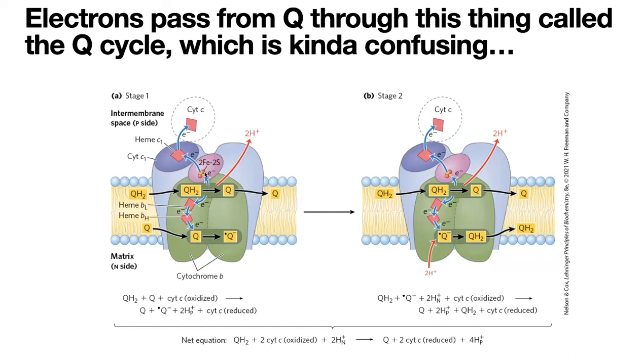So it's going to pass 1 electron to cytochrome C. It doesn't pass it directly to cytochrome C. Instead, it goes through an iron sulfur center, but then it'll go to cytochrome C, and then cytochrome C can move away and take it off to complex 4. But we still have that second electron. That second electron is going to go through a series of heme molecule carriers, and it's going to actually reduce